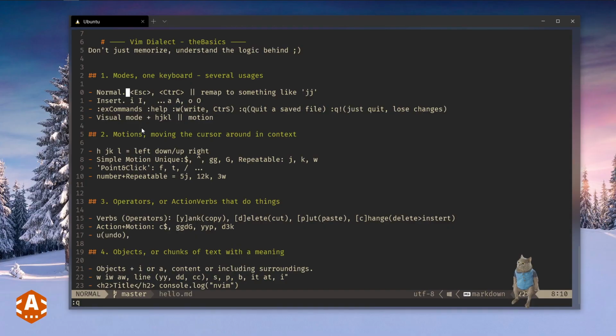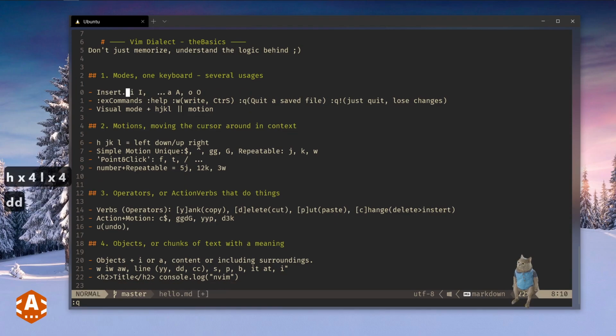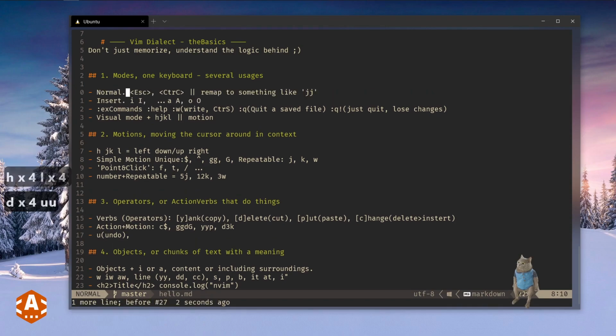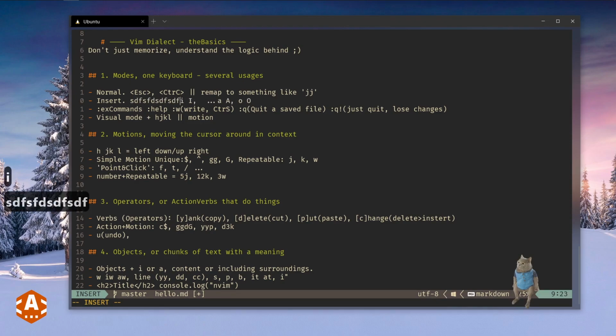When you open a file in Vim, you won't be able to insert text right away as you start in normal mode. And in normal mode, your keyboard is a command center helping you move the cursor around, act upon the text, like deleting some stuff and bringing it back, and many other things, but not inserting text right away. The most common way to go into insert mode is hitting I, and now we can start inputting text